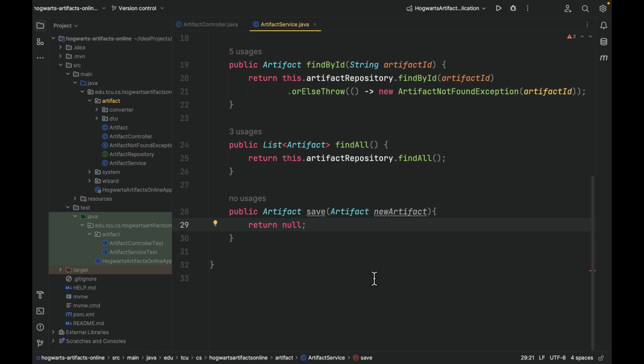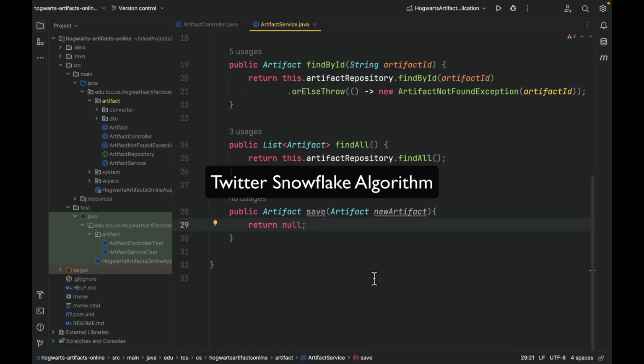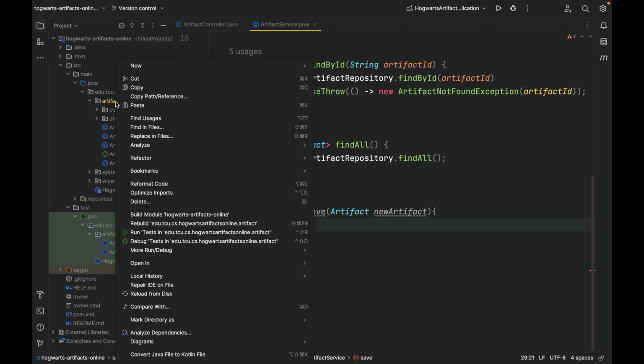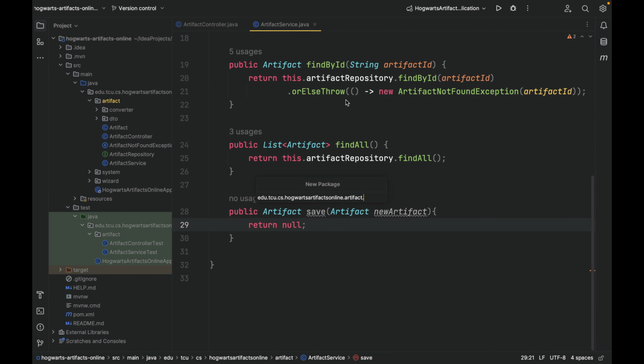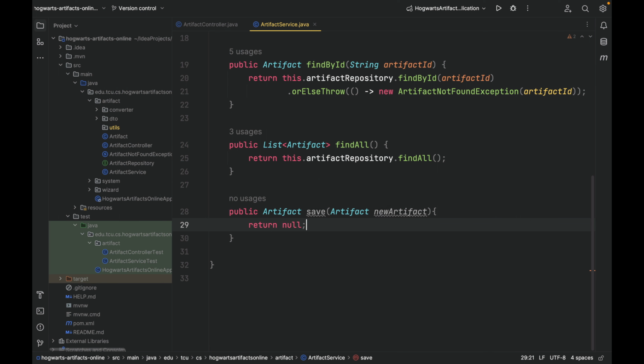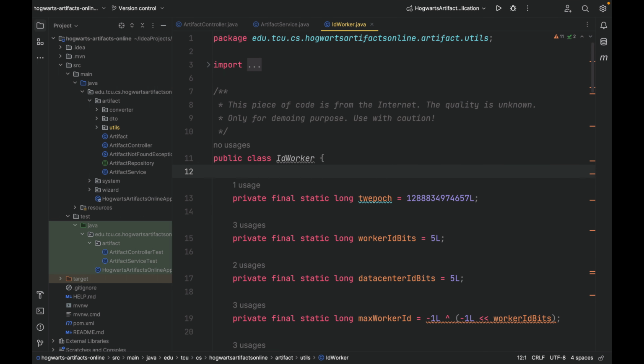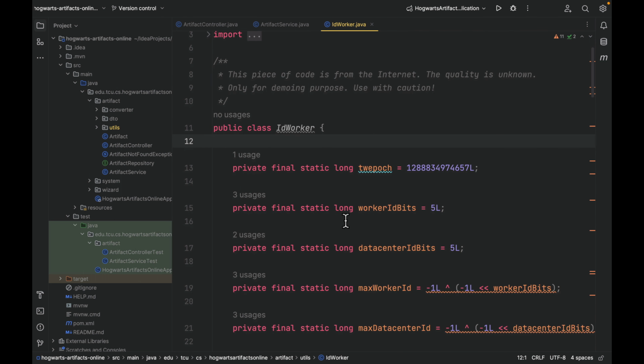In this project, I'm using an ID generator based on Twitter's Snowflake algorithm. I have already copied this class. Under artifact package, let's create a new package called utils. Utils means utilities. Paste. Don't worry about the details of this algorithm. The only important thing you need to know is the name of this class, ID worker,